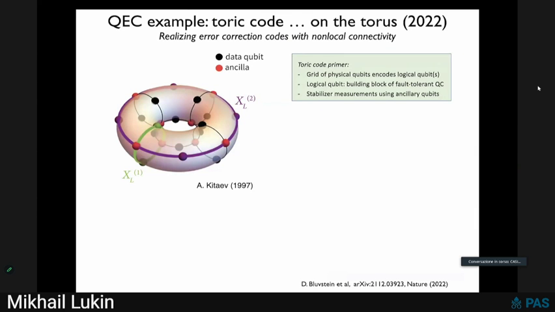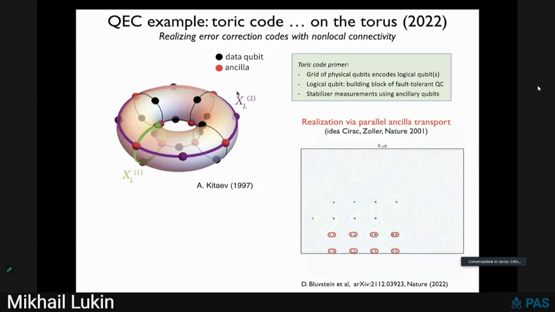So here is one example. It's implementing a paradigmatic error correction code called the toric code, where you encode information into grids of physical qubits, the so-called data qubits, which are positioned like this on a torus. And then you have another set of qubits called ancilla qubits, which you use to measure the stabilizers, to detect where an error has occurred. You would say, well, making this figure on a torus is actually hard, but we can do it by using this moving atom architecture. Here what is shown is that some ancilla atoms are moved around, and the red square is a quantum gate.